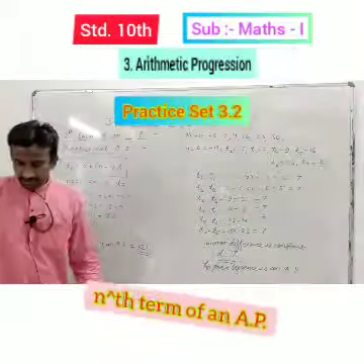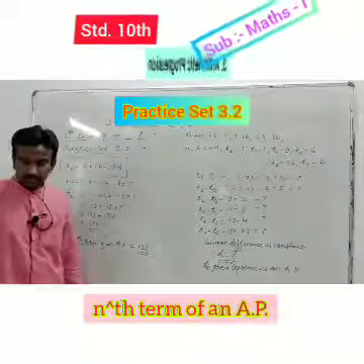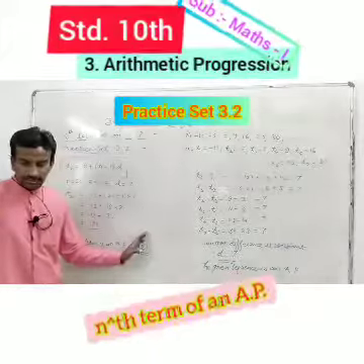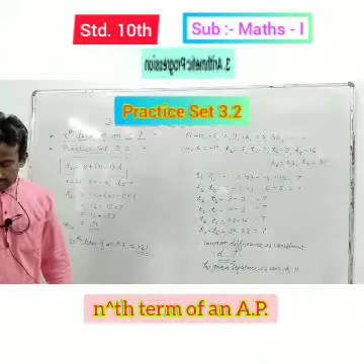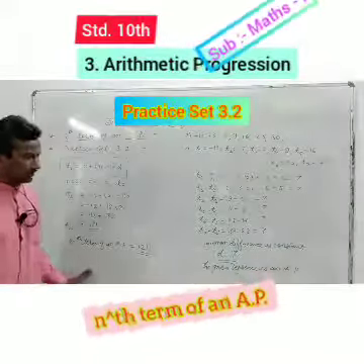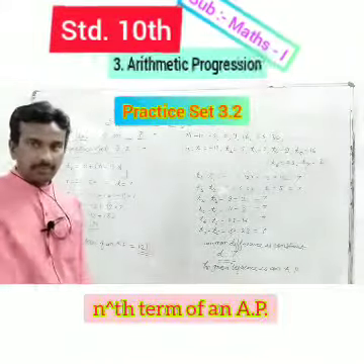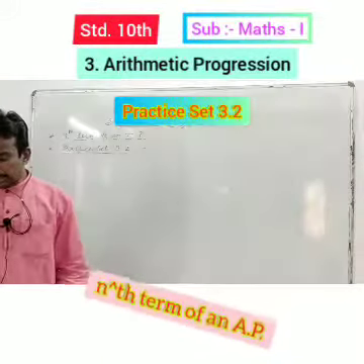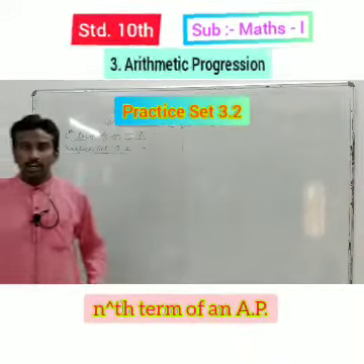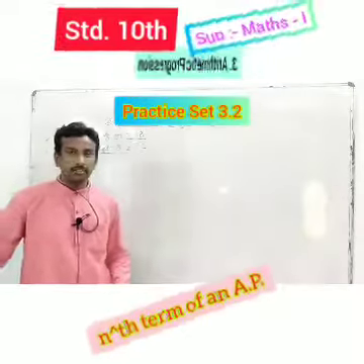Okay. Now, similarly, we can solve the same kind of examples in question numbers 3, 4, 5, like this only. Now we will see question number 6. Find how many 3-digit natural numbers are divisible by 5.